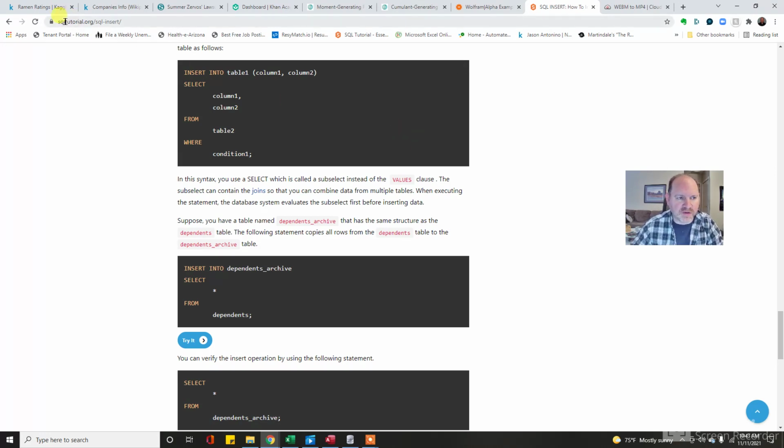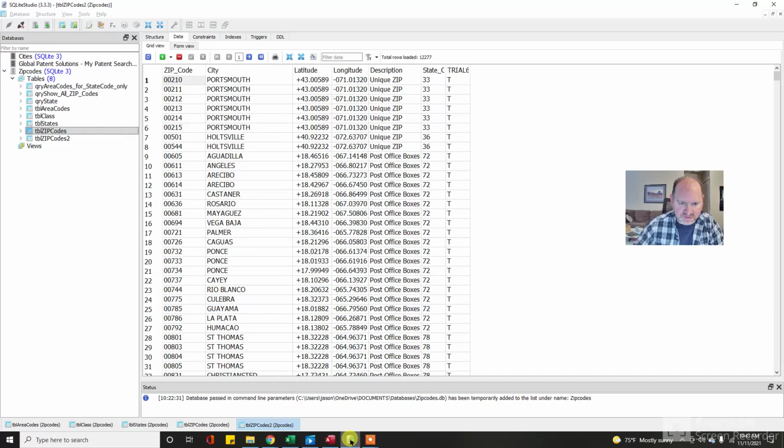So we're here on SQLtutorial.org, the place to go to find code snippets, and this is perfect. We're going to insert into the first table the entirety of the second table. Just going to use this exact code here and obviously change the names of these tables. So I'm going to go into this,